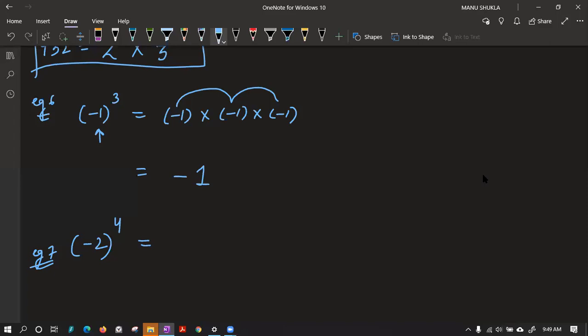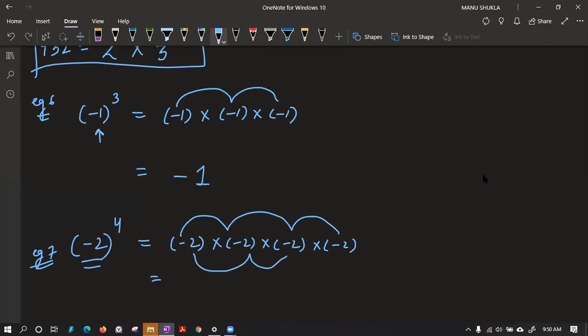Class, tell me the answer. Tushita and Ashmit, all are correct. Bani, okay. Answer is 2. No, Bani. Sarvagya, okay. Now you all are correct. It means minus 2 is getting multiplied 4 times. So minus 2 into minus 2 into minus 2 into minus 2. So first thing is negative. If you see there are 4 negative signs getting multiplied, it becomes positive. And we have 2 to the 4, 4 to the 8, 8 to the 16.